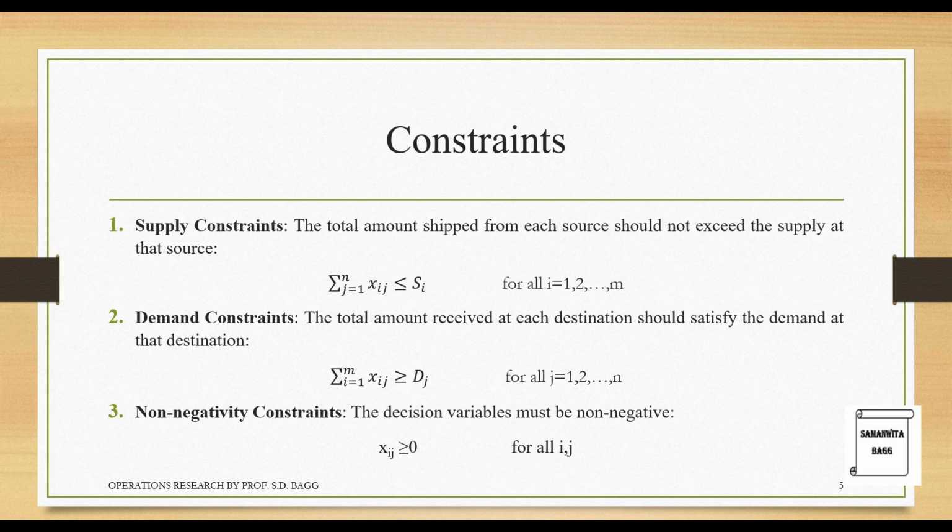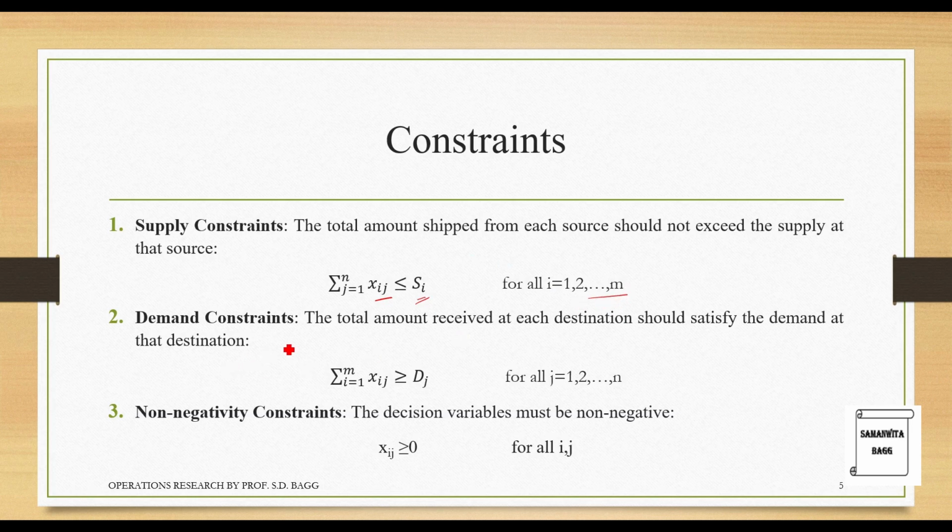Now let's talk about the constraints. The first constraint is for the supply. So it is called the supply constraints. The total amount shipped from each source should not exceed the supply at that source. So you will have to ship only whatever is available. That is why the equation is summation of j is 1 to n of Xij, the total number of units to be shipped. It should be less than or equal to Si, the number which is available, where I is from 1 to m,